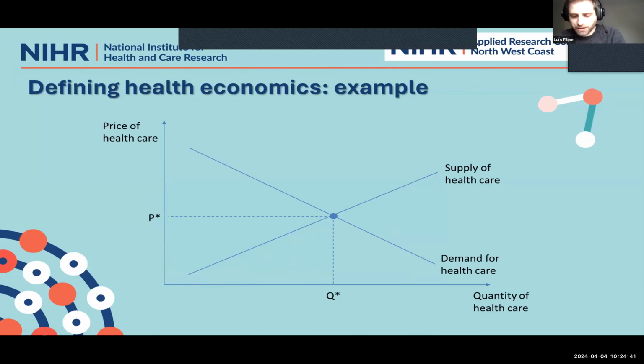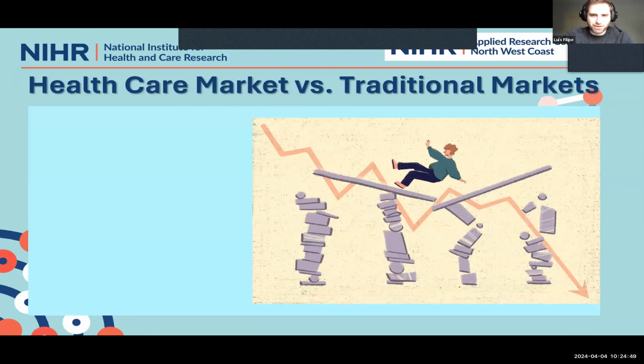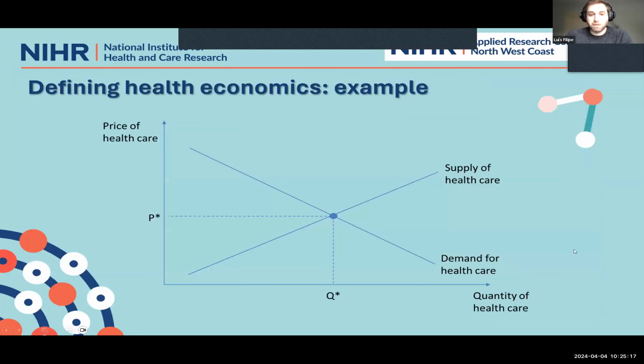Now, the interesting thing about what Kenneth Arrow talks about in that paper is that it is really not exactly like traditional markets. While there is a traditional supply and demand interaction, there are a lot of other things that are not going to be as in other markets. And those things are basically what we call in economics market failures. And to explain this very briefly, you probably heard about Adam Smith and the invisible hand, right? The idea that the markets will find an equilibrium by themselves.